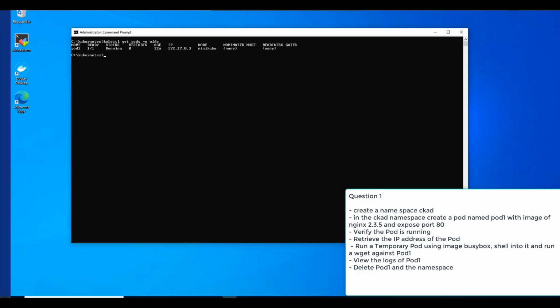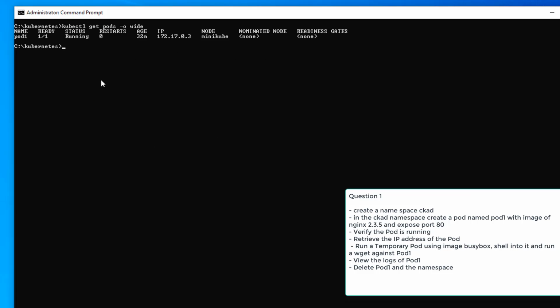Okay, our next task at hand is run a temporary pod using the image BusyBox. Shell into it and run wget. All right. And we're going to run wget against pod 1. So that makes sense. All right. So let's go ahead and